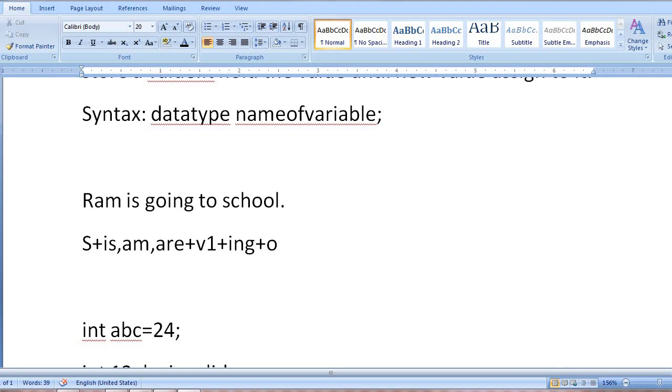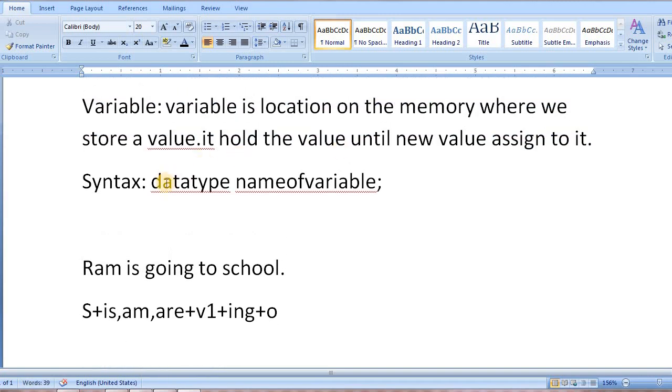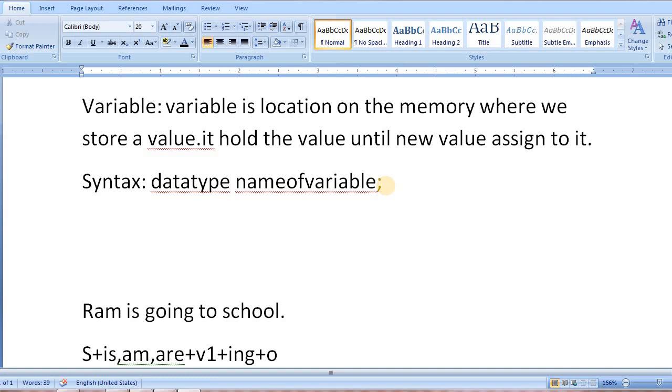Same as here we call sentence and grammar. In the case of a programming language we call it syntax. Syntax is data type, name of the variable. So according to the grammar we write a sentence here. Same as, according to the syntax we are going to write the statement. So syntax is data type.